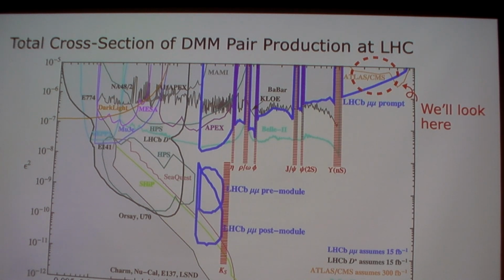The bound depends on the signature, right? What are you looking for? So for dark photon, people look for... First, of course, we have precision bounds, right? For Fermi interaction. That bound is